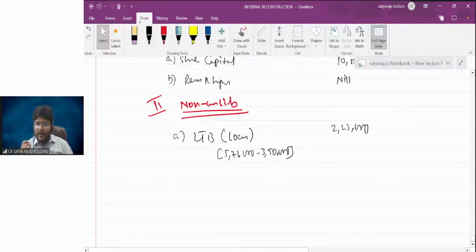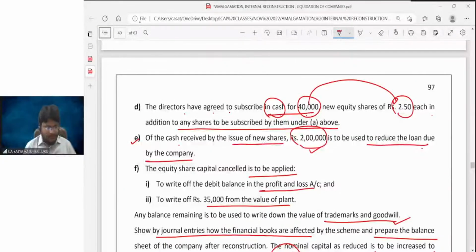Yeah, if at any time I considered something wrongly, or read it wrongly, please let me know at that point of time, because if I go to the end, I may not observe. Sometimes it might happen. We are almost in good flow, so at that point I might have missed out while reading the sentence. Okay, fine. Sir, in the book it is 40,000 shares. In which book, yeah?